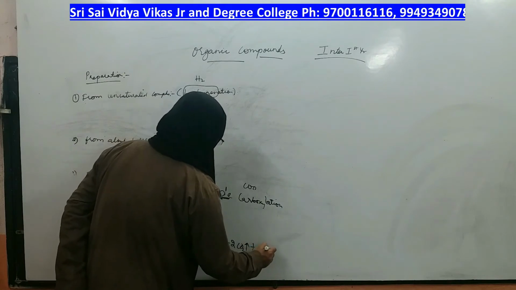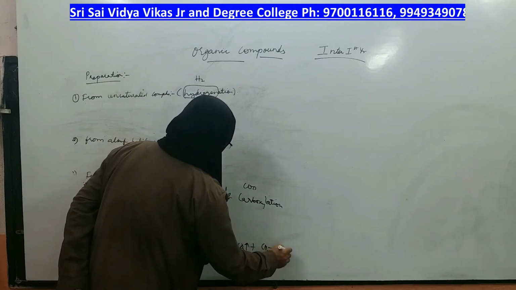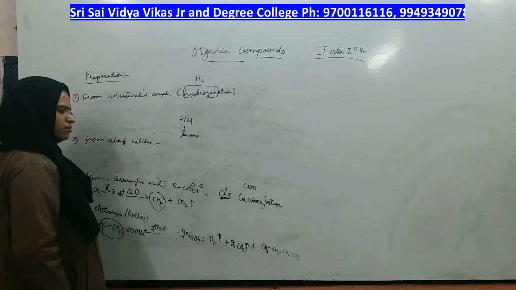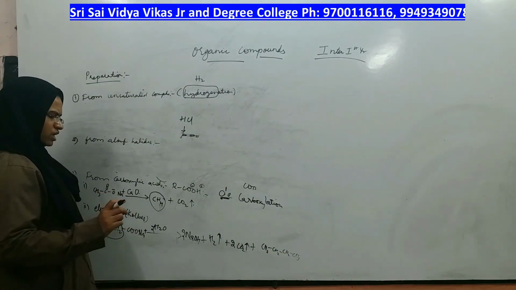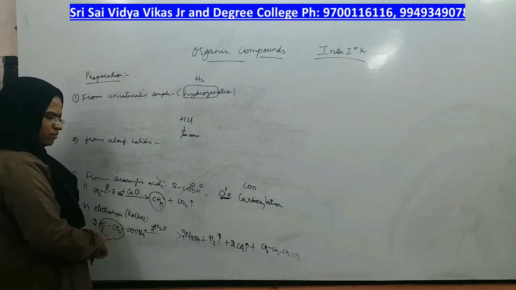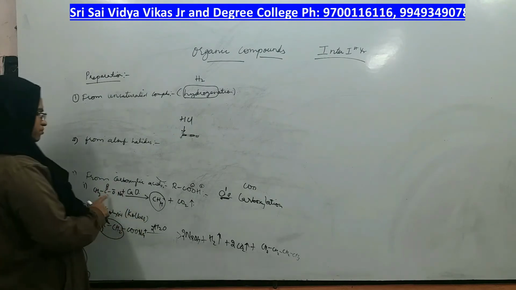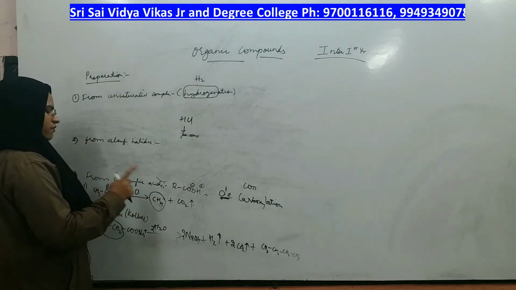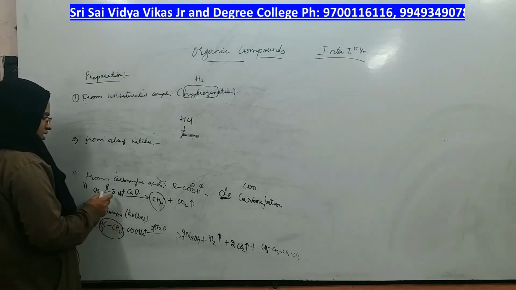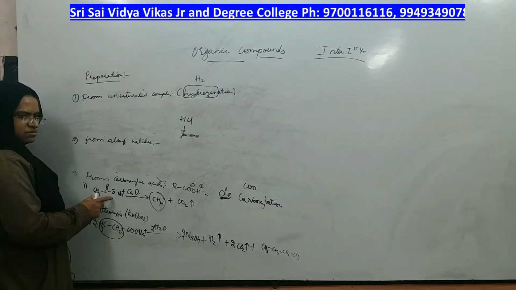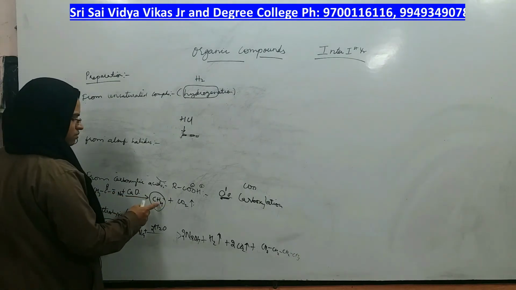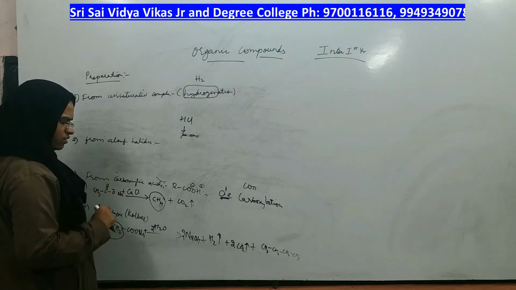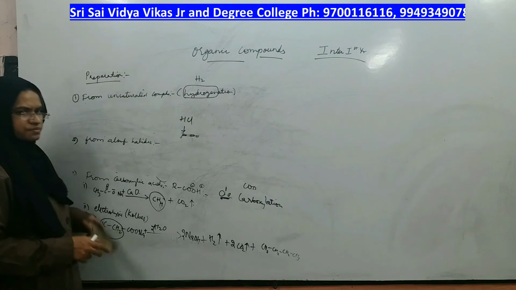So the product is an alkane having how many carbon atoms? 4 carbon atoms. So what is the name of that product? Butane. If you do Kolb's electrolysis, you will get double the number of carbons. If you do simple decarboxylation, only the same carbons will be there, 1 carbon less in fact. In the acid, how many carbon atoms are present? 1 minus will be present in the product. If you have 2 carbons, as one is going out in the form of carbon dioxide, you will be left with 1.